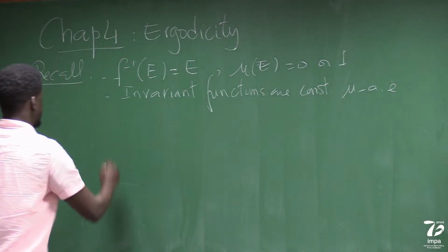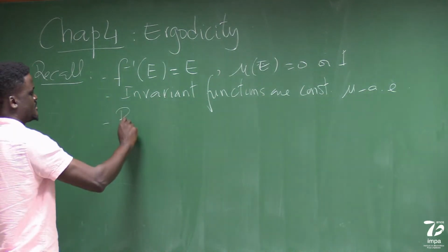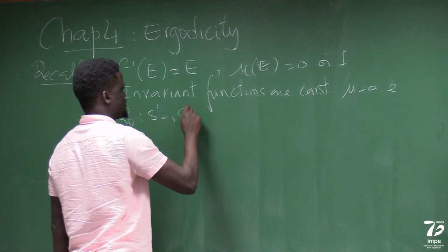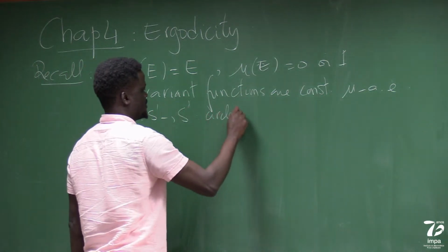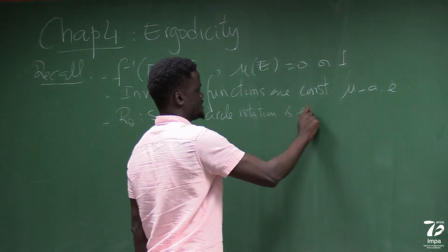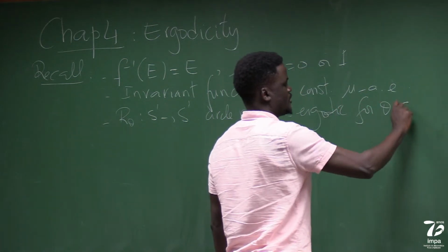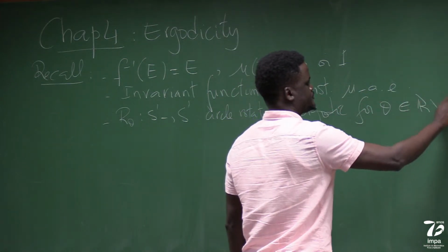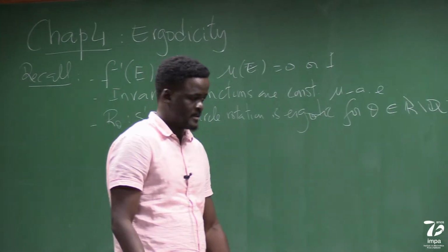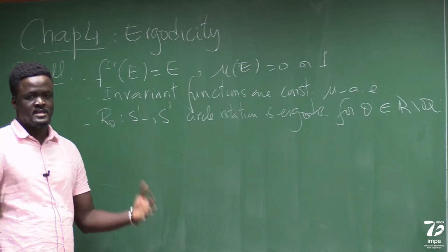And also last time we have seen, using this characterization, that R theta, so this is the circle rotation, is ergodic for theta irrational. Okay, as I was saying last time,